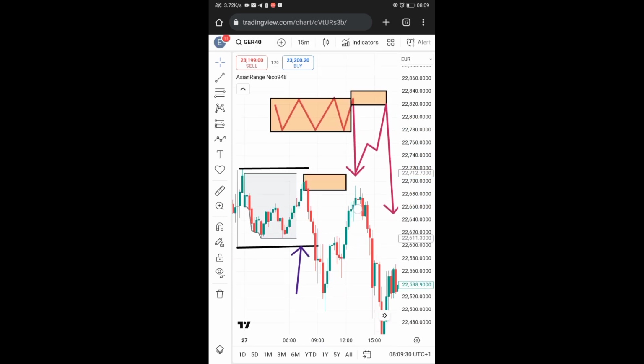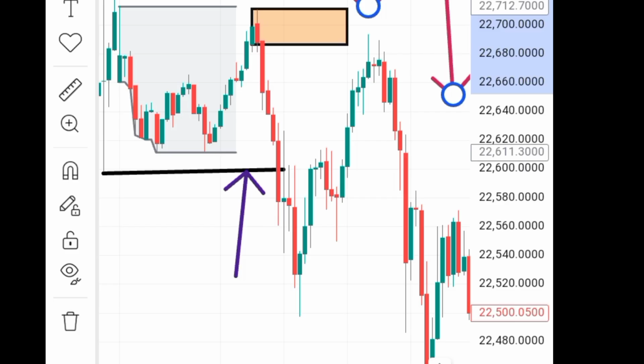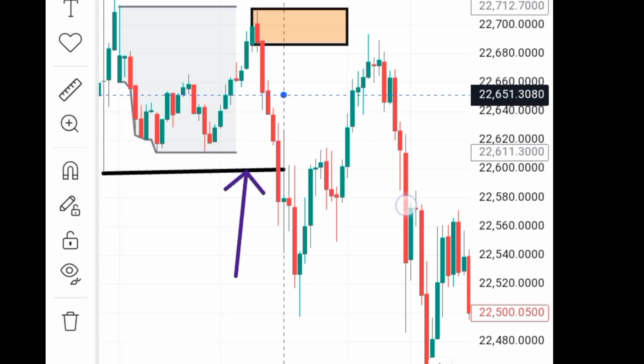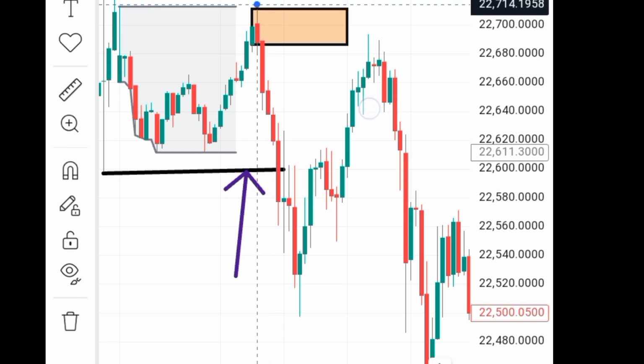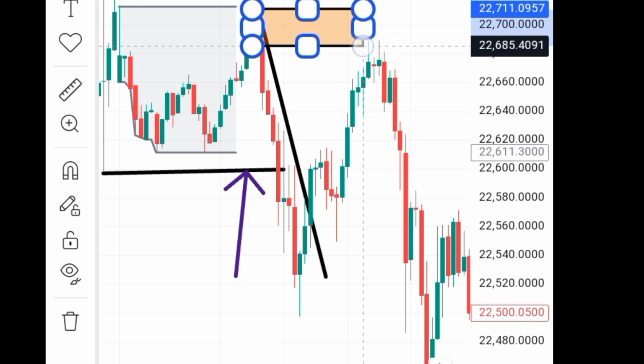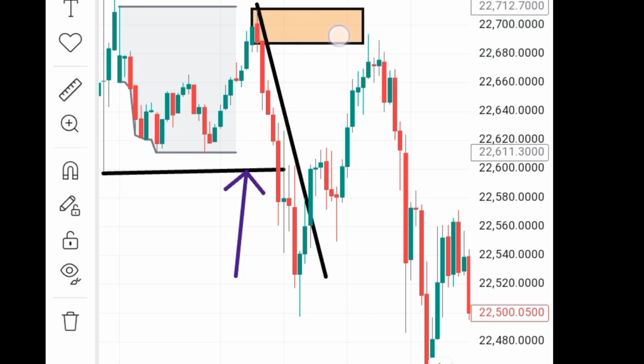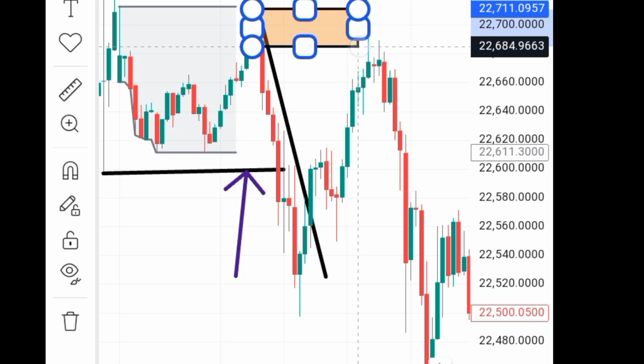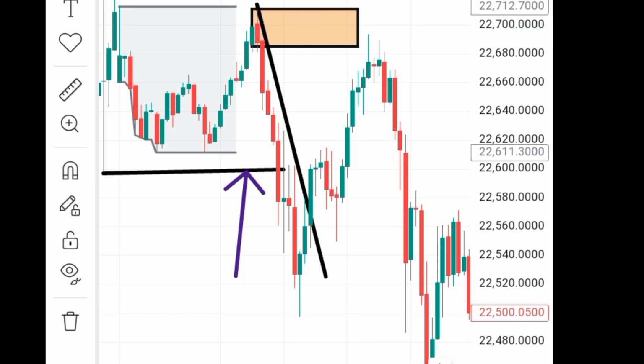So that is it. As this market now breaks structure to the downside from this zone, I'm going to mark here. Once I mark this zone, which is the last bullish candle before the break in structure,